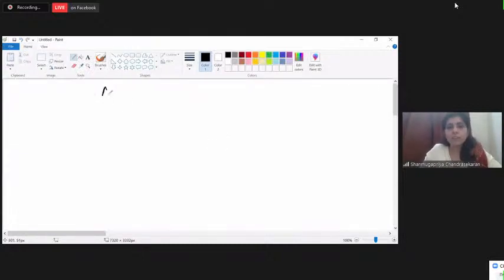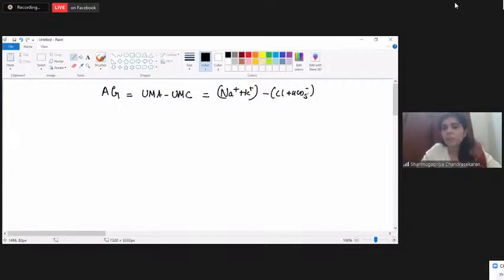When do you think there is a possibility that anion gap gets misinterpreted? For which I'm going to write again the definition of anion gap, which is the difference between unmeasured anion and unmeasured cation. I'm going to write the formula for anion gap, which is sodium plus potassium within brackets, chloride plus bicarbonate. What's the normal value of anion gap? I think I didn't tell you that. Normal value for anion gap is 12 plus or minus 2. So it's between 10 and 14, which is normal. So 15 and above is increased anion gap metabolic acidosis.